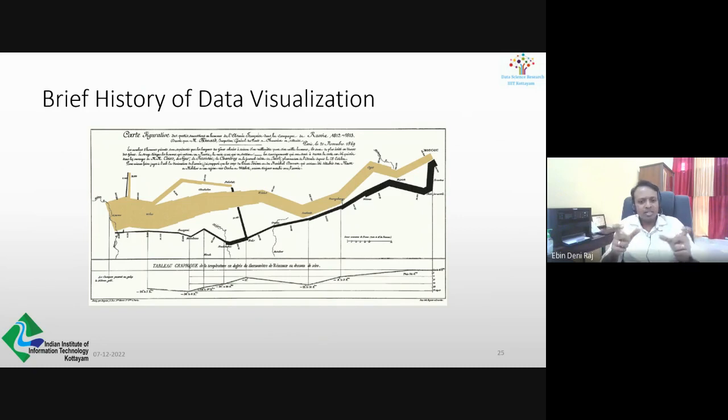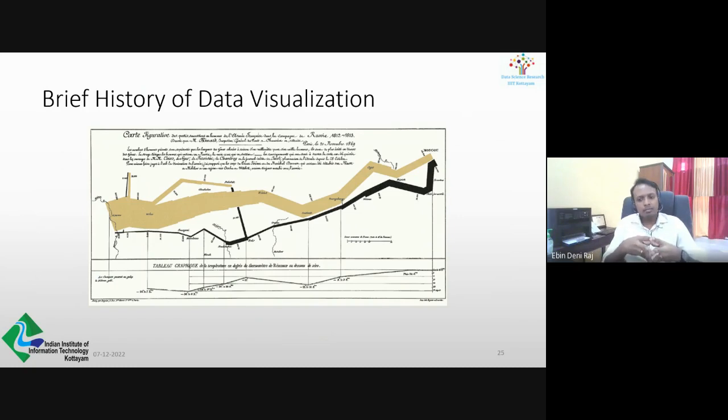So he displays the points where Napoleon's troops divide into subgroups by breaking out the main bar into different branches. And he adds thin lines to represent maybe a river crossing. Also, the diminishing troops are very clearly shown. You go with a very thick line towards Russia, and you are coming back with a very thin line. Right? So he's able to show a drastic loss in life from just a single graphic. Right. So from this visualization, data visualization as such has improved a lot over the centuries.